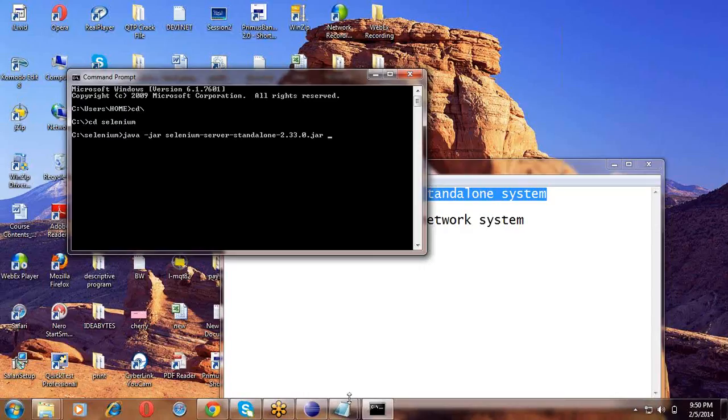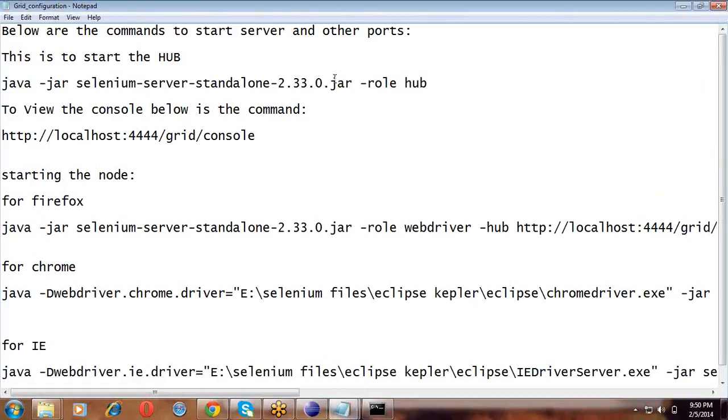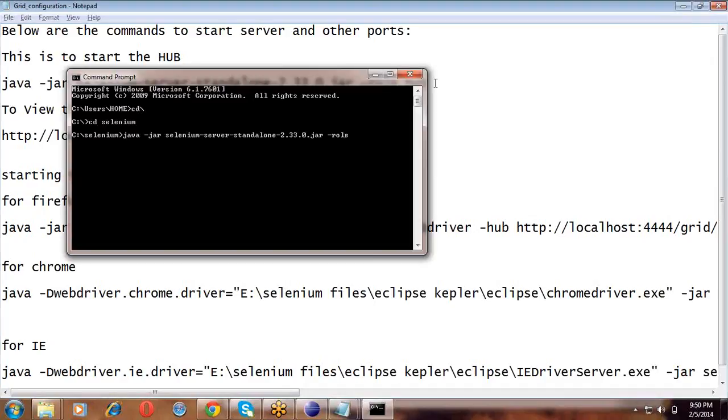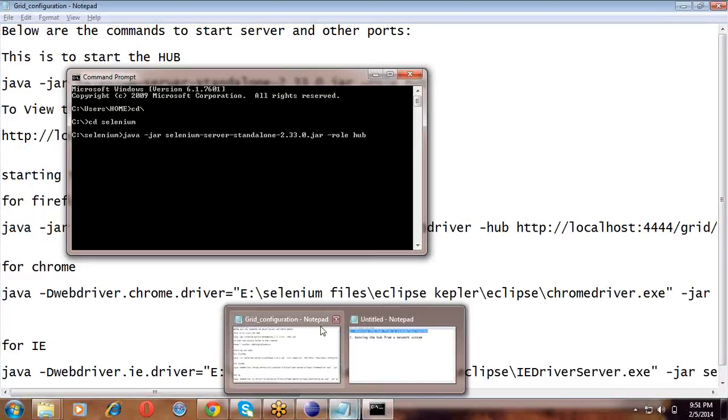For Selenium grid, till that point we will give the same. After that we will say -role hub. What happens with this is, as I've already told you, there are two sorts of running the hub,